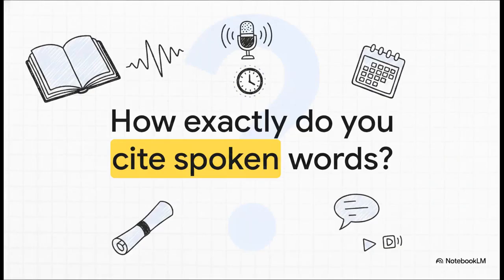Okay, let's dive into this. Think about the unique challenge of citing a live spoken event. When you cite a standard published book or an article, the text is frozen in time, right? It's bound in paper or it's locked in a PDF on your hard drive. But a speech is an event. It's quite literally words spoken into the air in a specific room at a specific time to a specific audience. Pinning that down for academic or professional scrutiny requires a very specific set of tools. You basically need to capture the exact moment in time and the format in which those fleeting words were recorded.